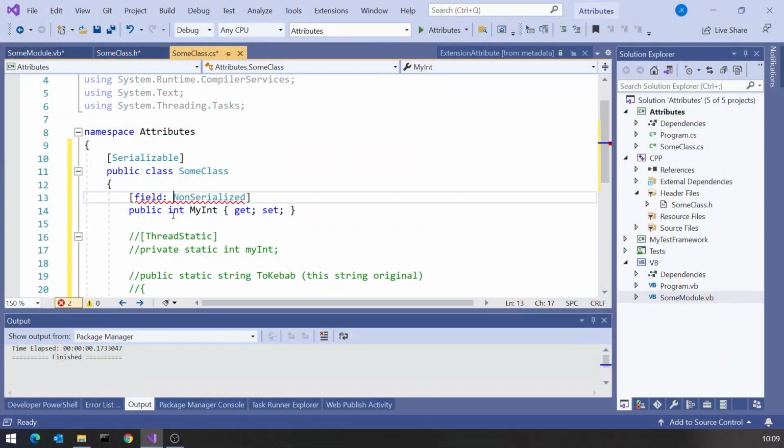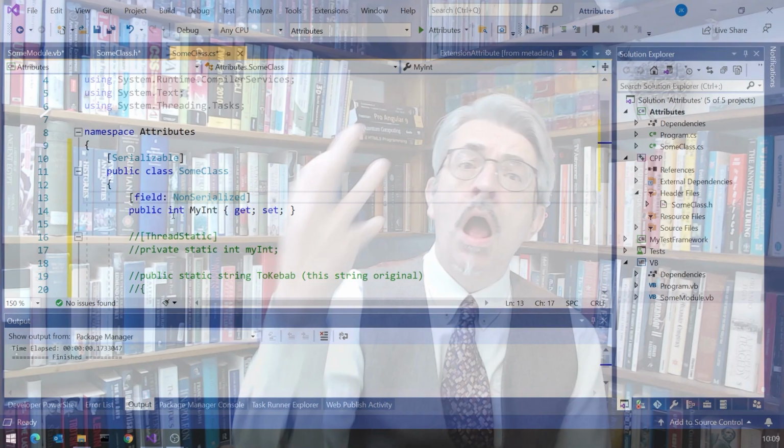We'll see this more when we write these for ourselves, but every time you write an attribute, you have some specification as to what it can be applied to. And non-serialized can only be applied to fields. So this is the situation where that's really useful, because now I can say field non-serialized, and what we're saying is no, don't apply it to the property, apply it to that auto-implemented backing field that's hidden away inside there.